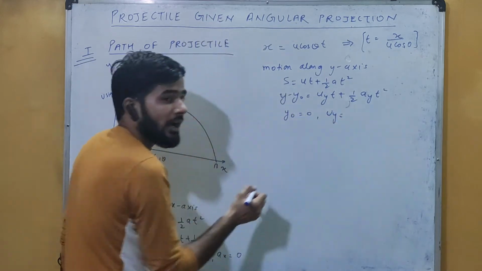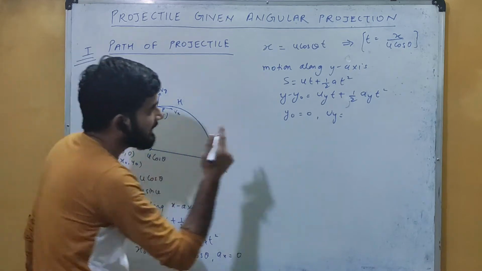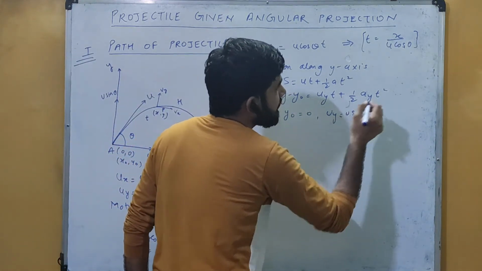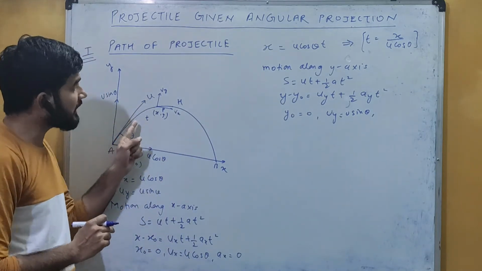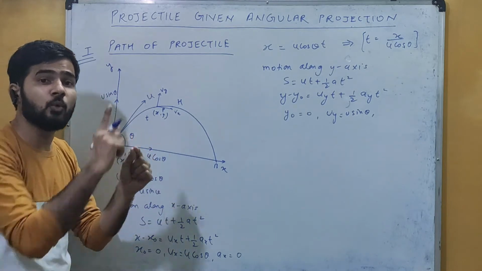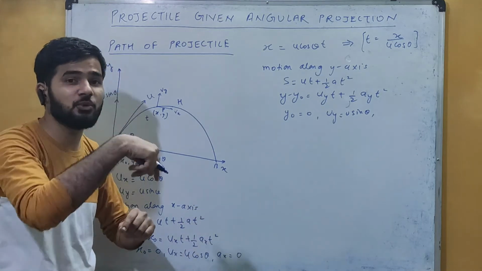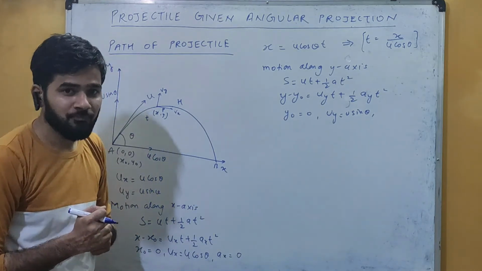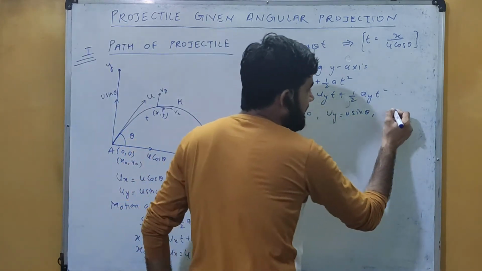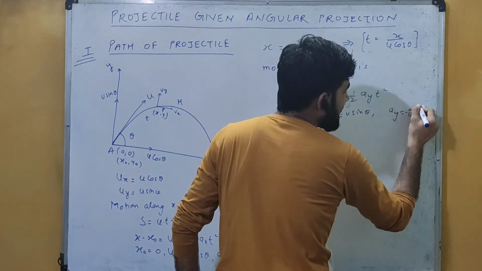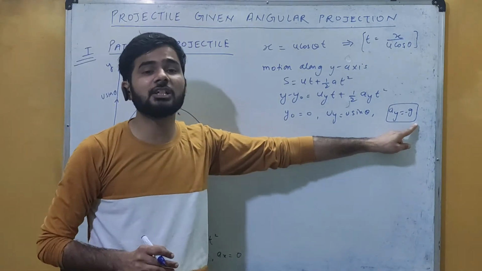What about uy? This uy, that is the initial velocity along y-axis, and that is equals to u sin theta. So I can write u sin theta. And what about ay? Now this ay, that is the acceleration along y-axis. Now here, when you are throwing the object before h, the object is moving in the upward direction. So if the object is moving in the upward direction, in that case the acceleration due to gravity is along the downward direction. So here in this case, the acceleration along the y-axis is equals to negative of acceleration due to gravity. मतलब यहाँ पर जो acceleration है along y-axis, that is the negative of acceleration due to gravity.